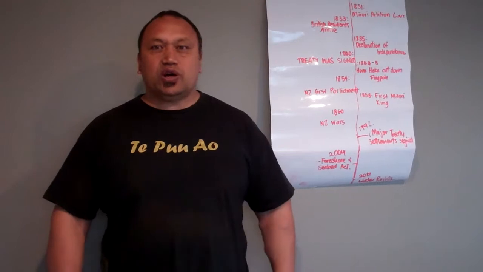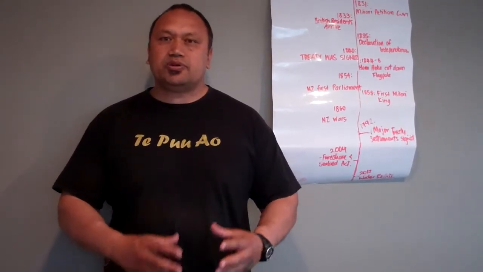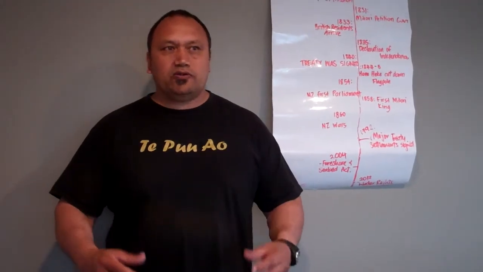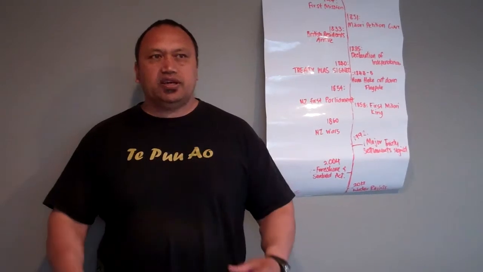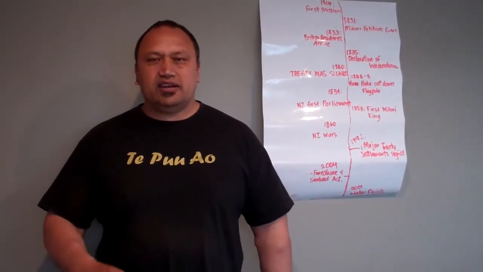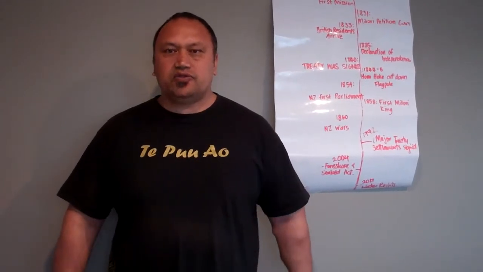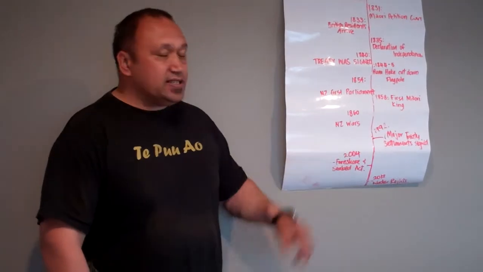All of this led to a lot of, I suppose, animosity between Māori and Pākehā, because we know from that time that a lot of broken promises happened through the treaty, and the big thing was a lot of land was unfairly and illegally taken out of the hands and control of Māori, which leads us to 1860,